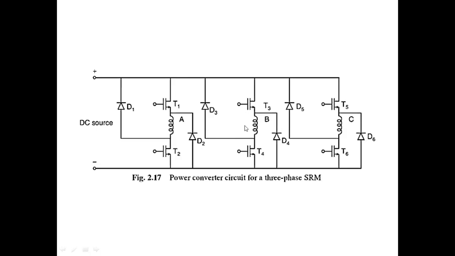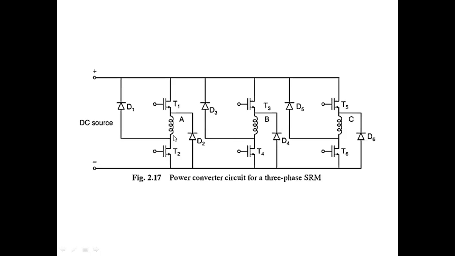First we have to turn off phase A. Before turning on the switch B or phase B, we have to turn off phase A first. When phase A is turned off, there is some inductance in the winding, and the amount of energy stored in the inductor is half L i squared. The energy is stored in the form of a magnetic field. Up to now this terminal is positive and here we are getting the negative terminal.